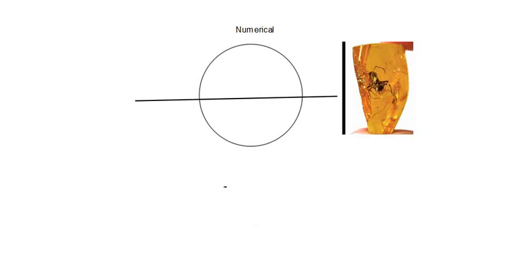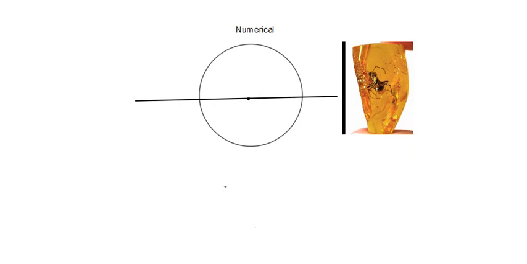Okay. Now let us come back to that first initial problem, that insect trapped inside a resin. So we will find out its apparent position using the relations we have learned. For simplicity, we are considering this resin item to be in the form of a sphere, and this is the radius of curvature, this is the center of the